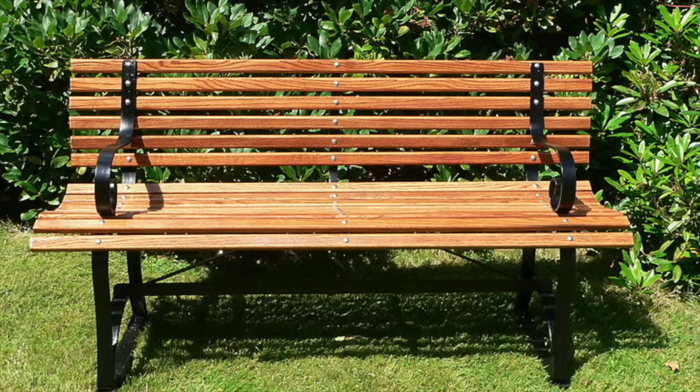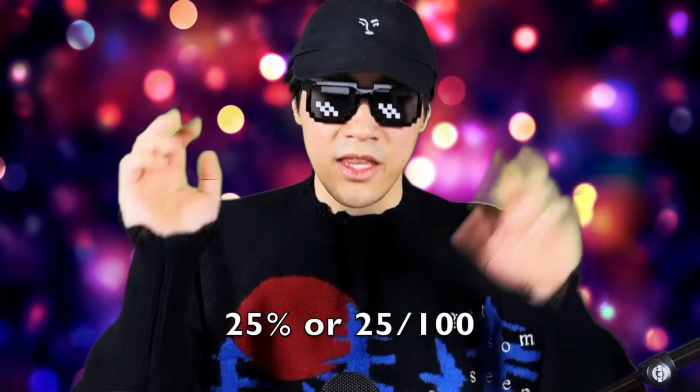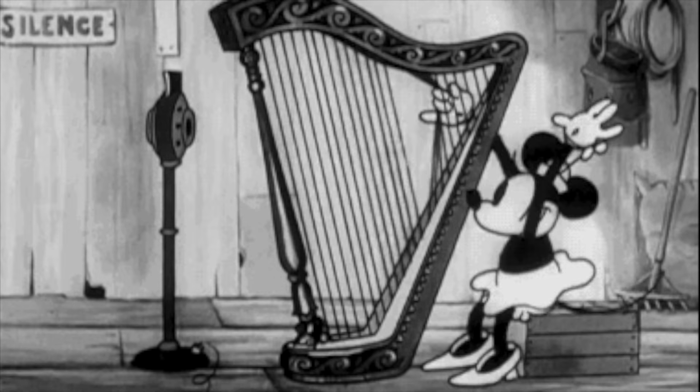For example, if the U12T or the Condensa 12, which are the best IEMs I've heard just in terms of resolution, layering, dynamics, if those are the benchmarks for others to compare by, or 100%, then a $20 IEM like the One would sit around 25% of the Condensa 12's technical performance. And when I say technical performance, I'm not only talking about resolution and layering, but also things like timbre, texture,